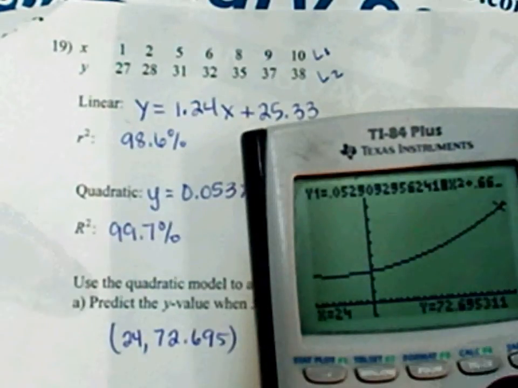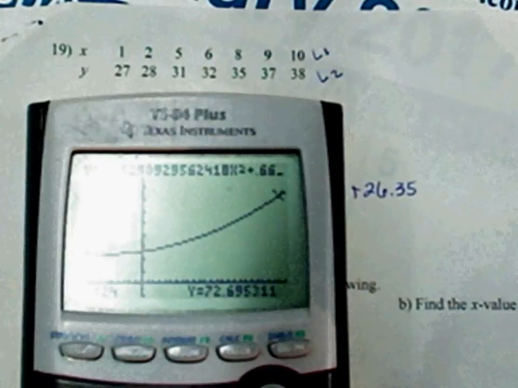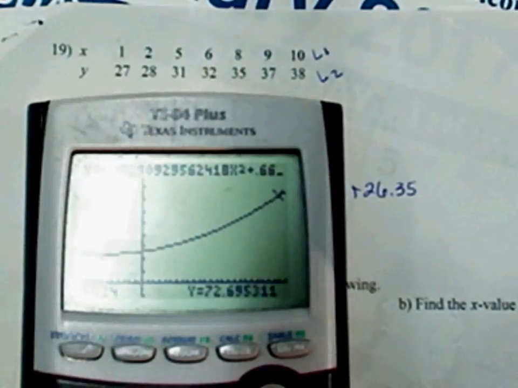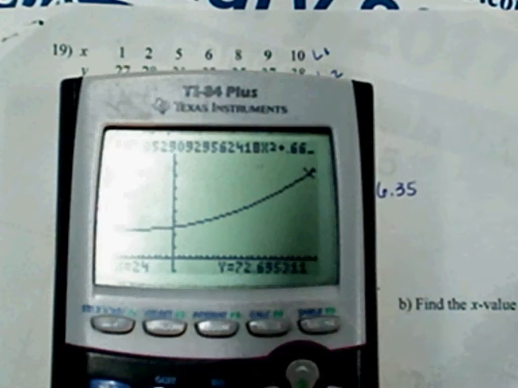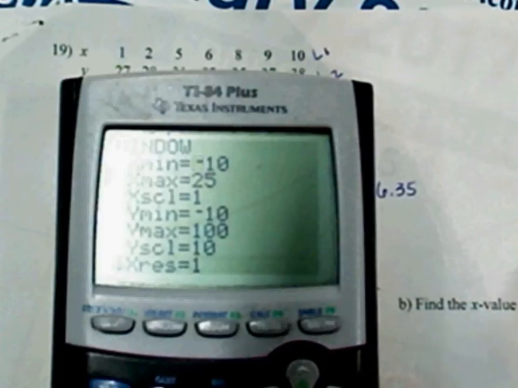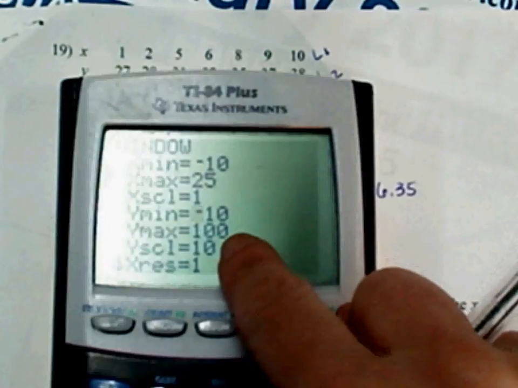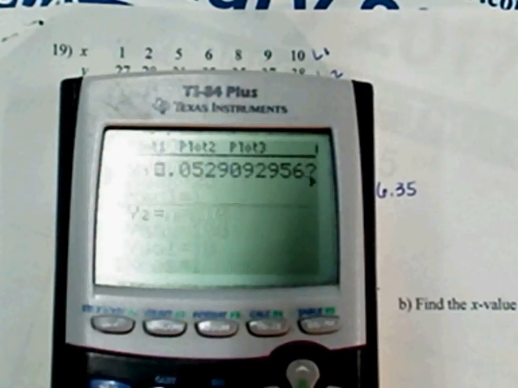If you can't see it on this window, you're not going to be able to find it if you use second calc. All right. Now it says find the x value when your y is 46. Okay? So notice you have a graph right here. Check your window. Your y is 46. Is 46 between negative 10 and 100? Absolutely. So now all you have to do is go to y2,